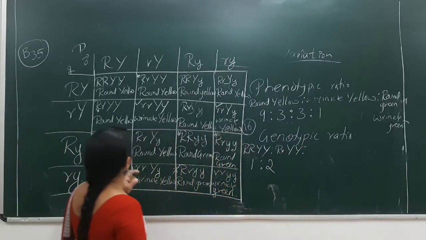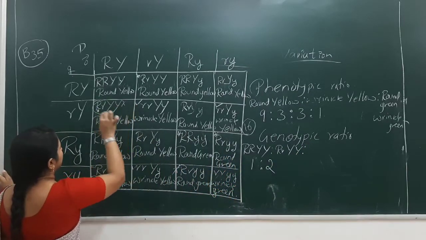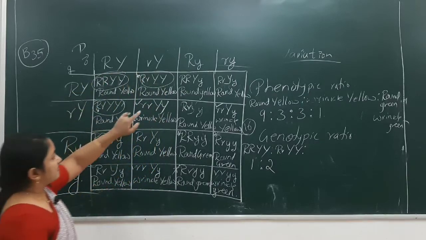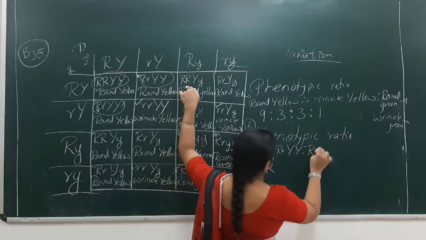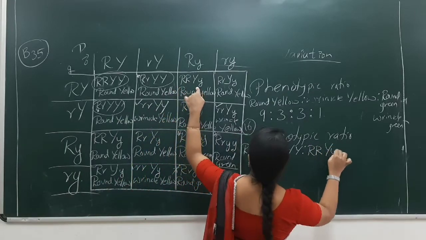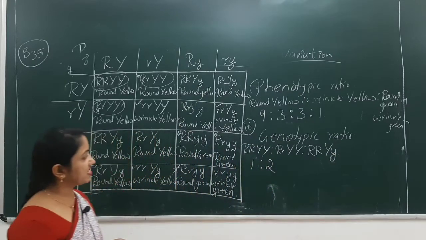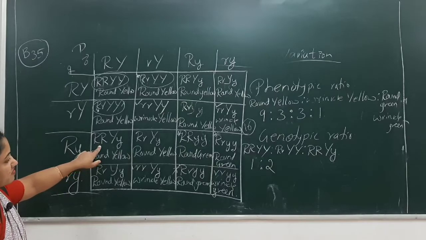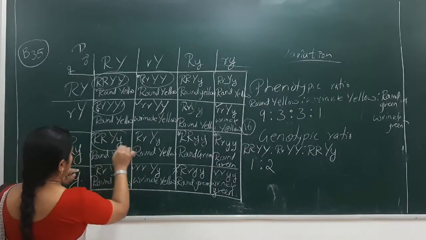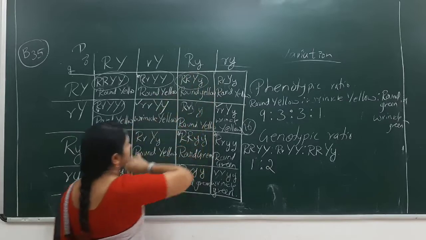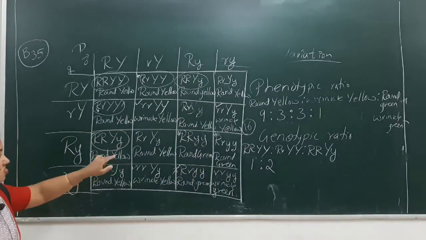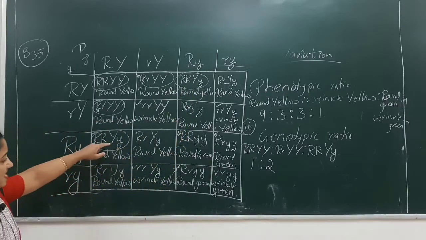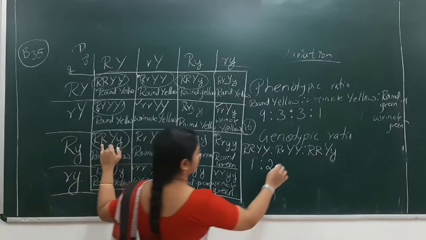Next is, this is done. Don't count this one more time. This is done. So this is also done. And capital R, capital Y, small y. How many capital R, capital Y, small y's are present? Here one capital R, capital Y, small y is present. Put the circle. It means we have done with this offspring. Only 2 offsprings are present having the same genotype. 2.